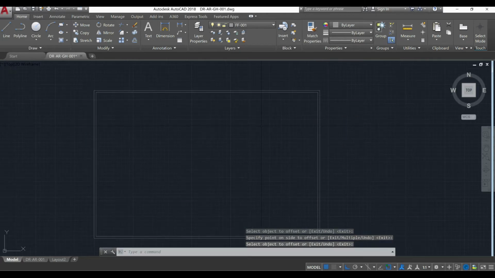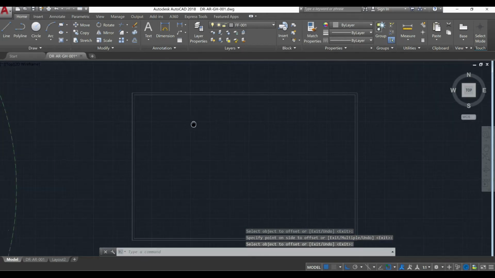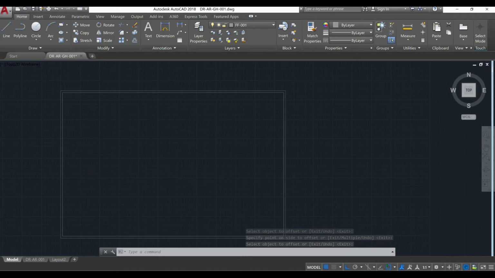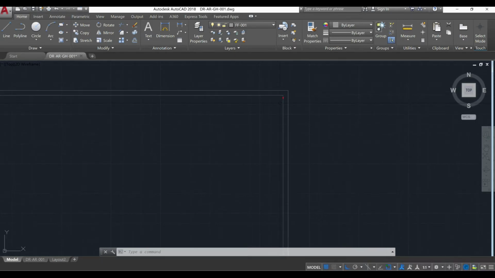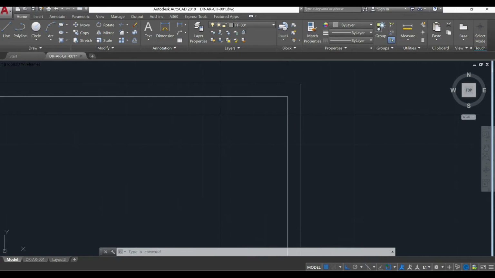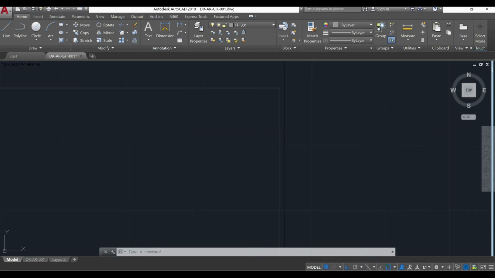Okay, once we got our offset, we are going to create a rectangle from here to here, but I needed around 5 inches away from